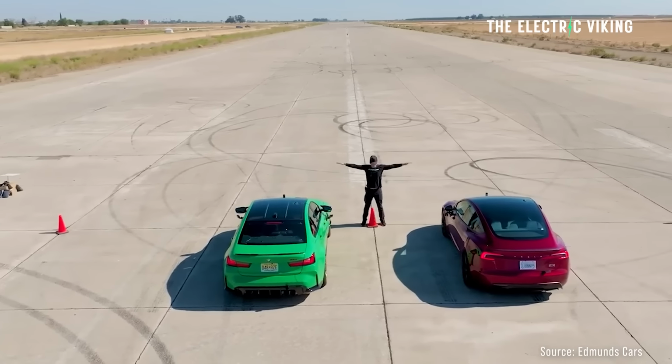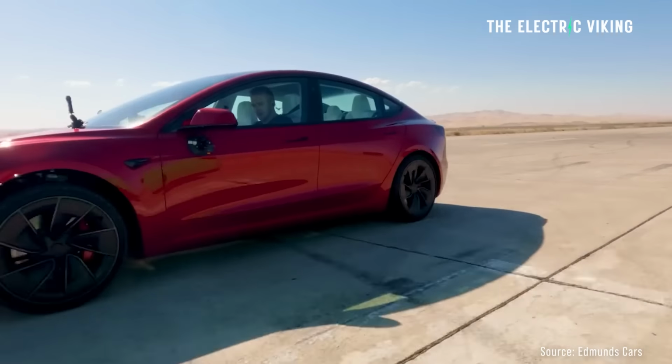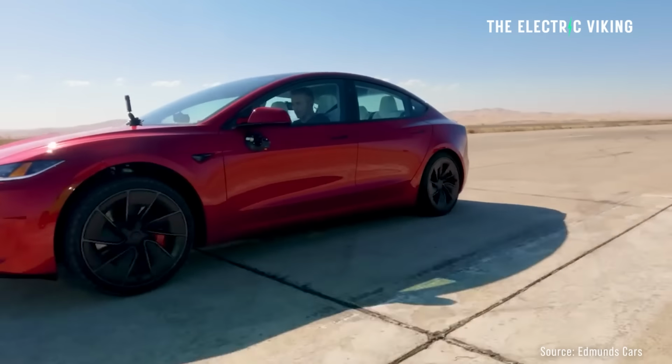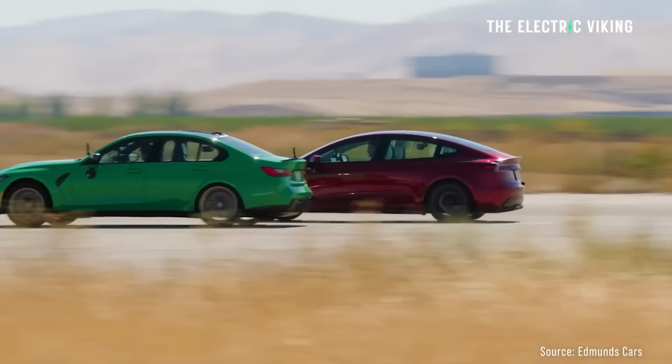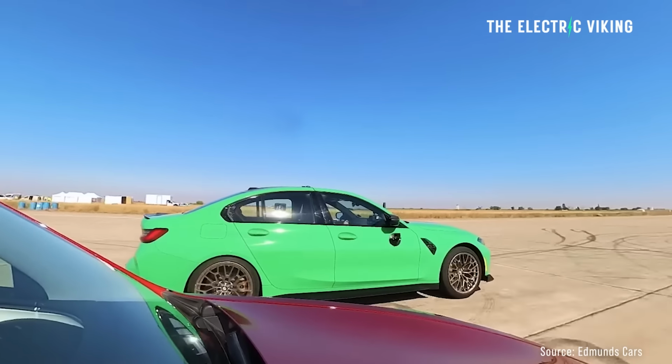Many of you have probably already seen this video. It just popped up yesterday. Edmunds do their test where they drive these cars, internal combustion cars and EVs. It's like a head-to-head comparison. Drive them down their track and then they do a turn and they come back, and whoever gets back the fastest is the winner. But I still have to call out that I think Edmunds has a bit of bias